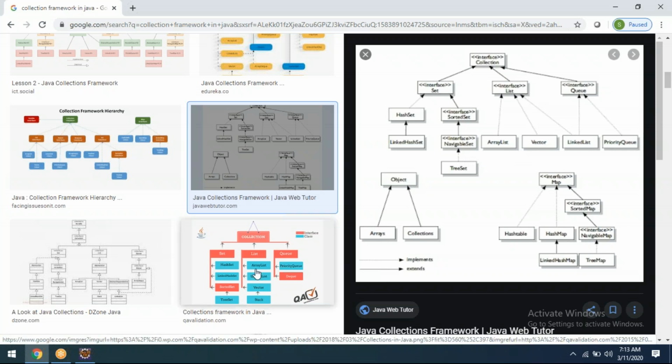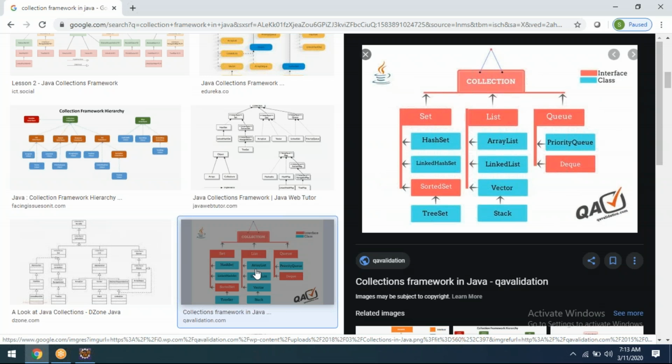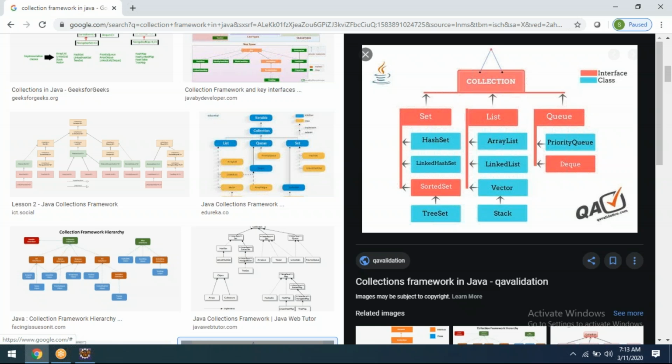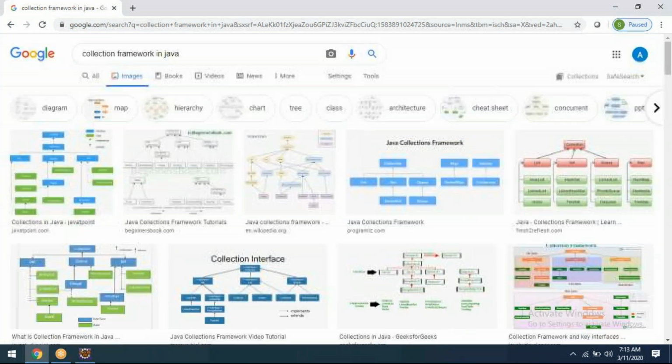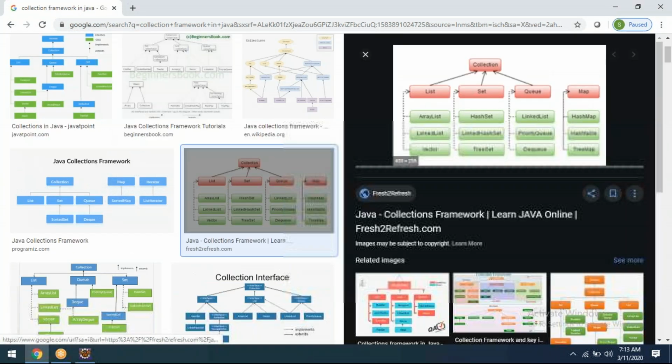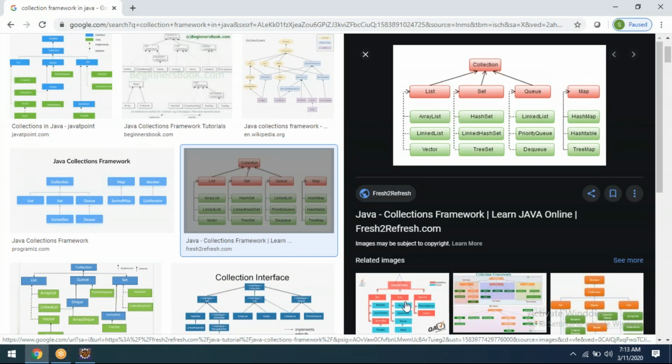If you observe here, very few things are there. Hope this is clear. It's better to learn these two things, and while Googling, you will get these two things. See here, this one and this one, you need to remember.